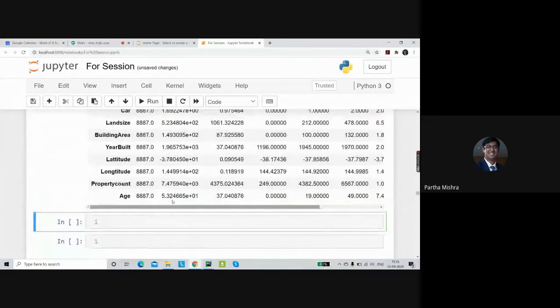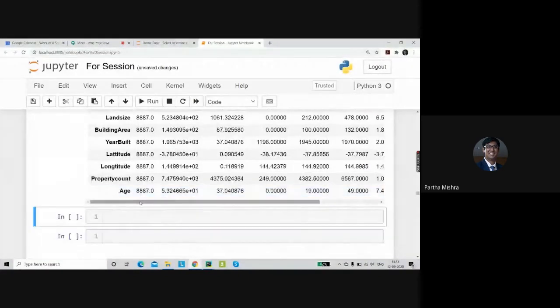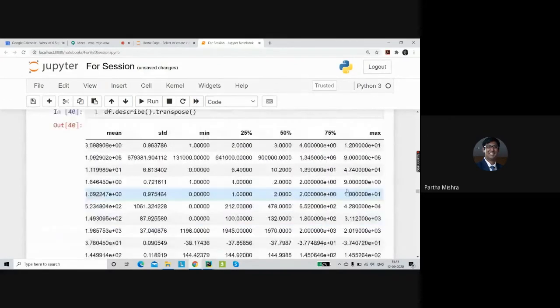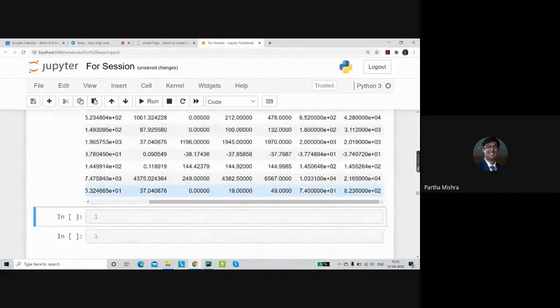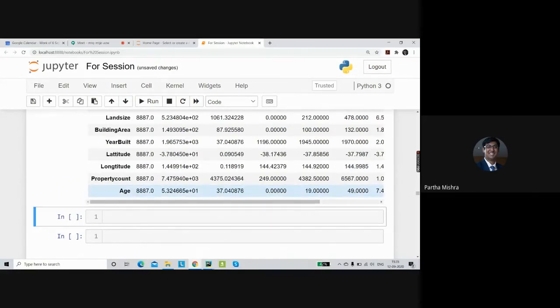So here, if we simply look at, let's say, age, like what I mentioned, if the house was extremely old, let's first check that particular age value. If you see the max value, we are able to clearly see that there is a house which is 823 years old, an extraordinarily old house. So let's find out how many such houses are present.